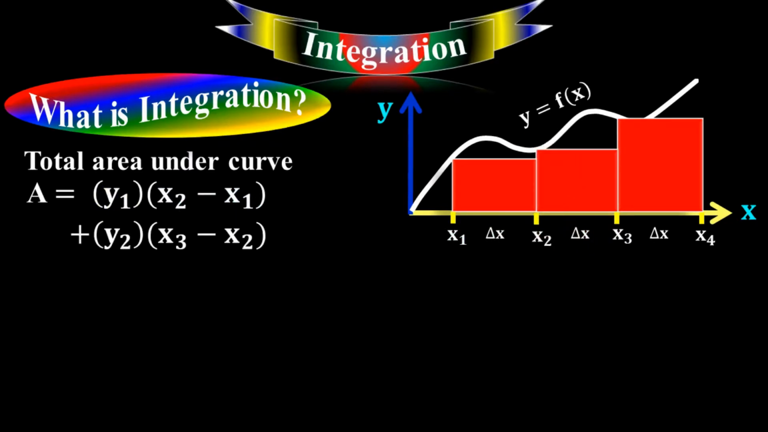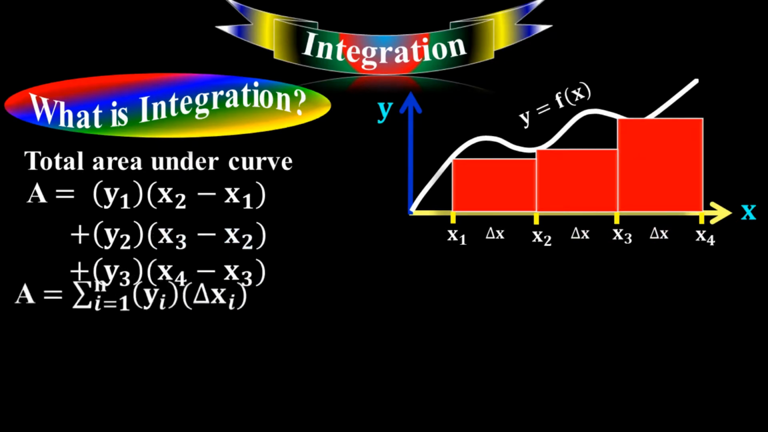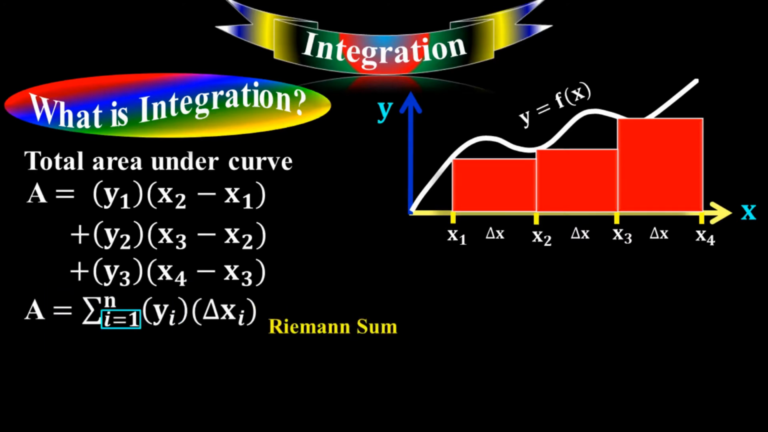Now take the second rectangle. The area of the second rectangle is height times width. Now take the third rectangle. The area for the third rectangle is height times width, and this is called the Riemann sum. This i is the number of rectangles, starting from 1 to the desired number of rectangles. y sub i is the height along the y-axis, and delta x sub i is the width along